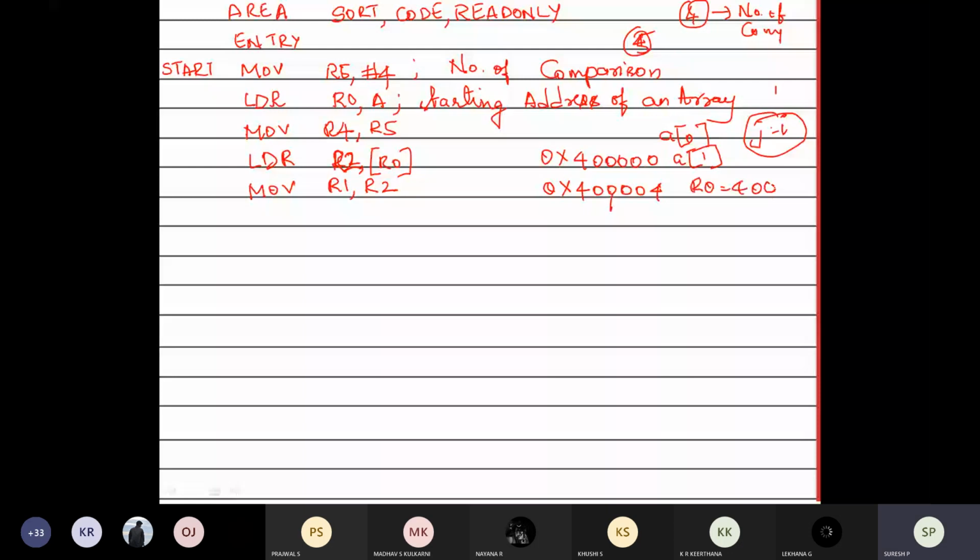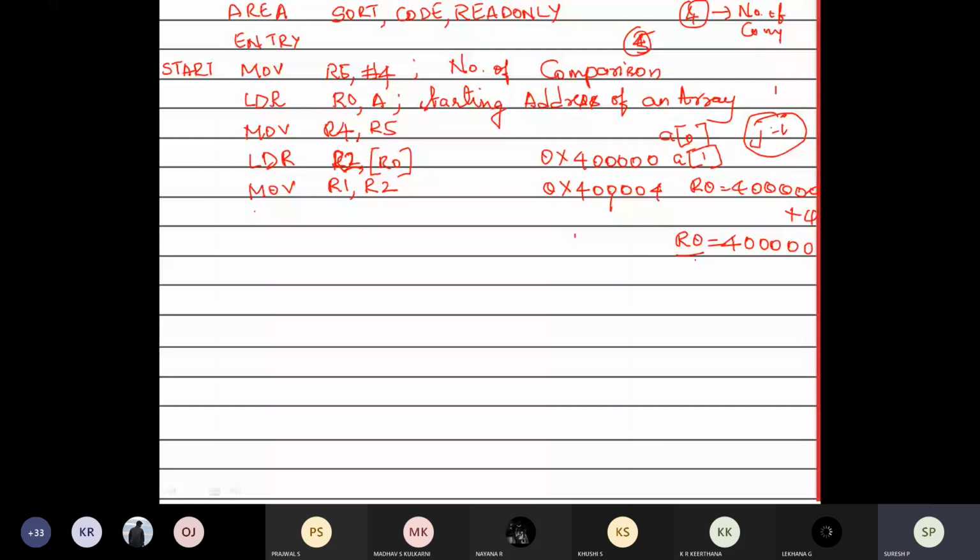So for that one, what is the instruction I need next? Initially, the value of R0 is 4000. I need to make that one 4004. Okay. So my value is 4000 now, and I need to get the data from 4004. I need to move to that particular address. If I want to make this R0 as 4004, how much do I need to add to R0? 4. I need to add 4 to R0 to move to that particular address.